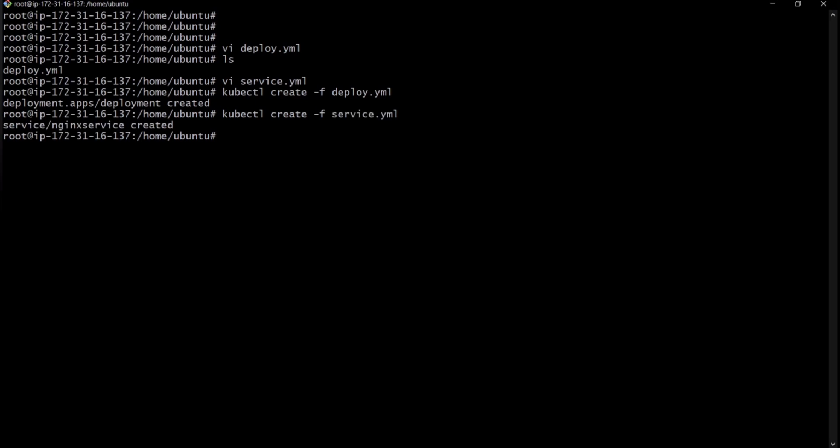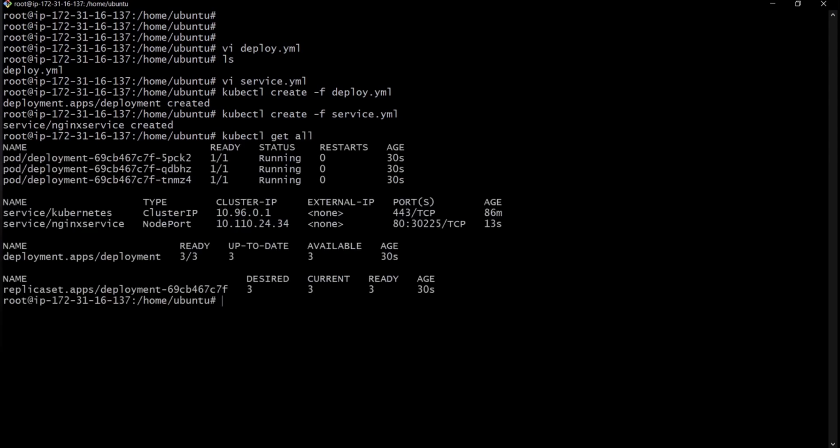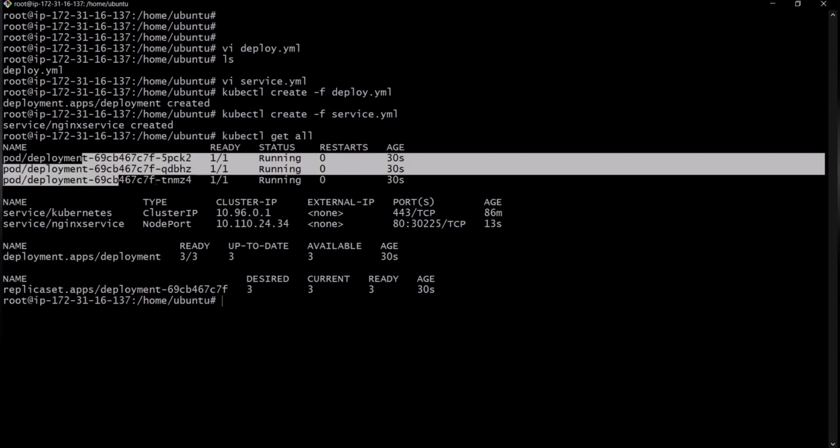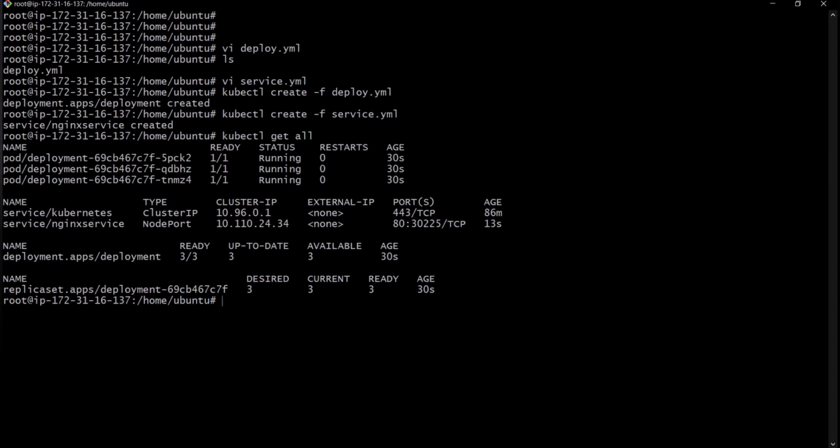Now if you want to see how many pods and how many replica sets there are, and everything, we have the command kubectl get all. This command will give the complete information about your cluster. It shows how many pods are running. In total we have the 3 pods that we defined there, and how many services are running, how many deployments there are, and how many replica sets there are, because when we create the deployment, the replica set will be present. Okay,